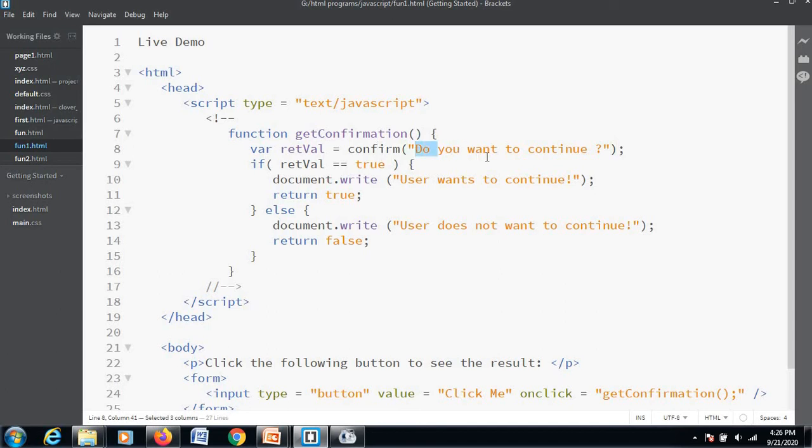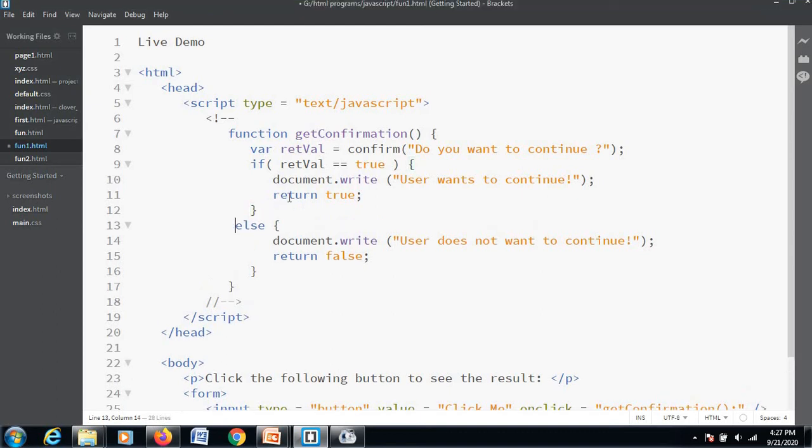It will ask you, do you want to continue? If you select true, that means if you select OK, then document.write will simply print the text on the screen: user wants to continue. Return true, that means this will be printed. Else, if the user clicks on the other option, that results in false, then this particular thing will happen: user does not want to continue.